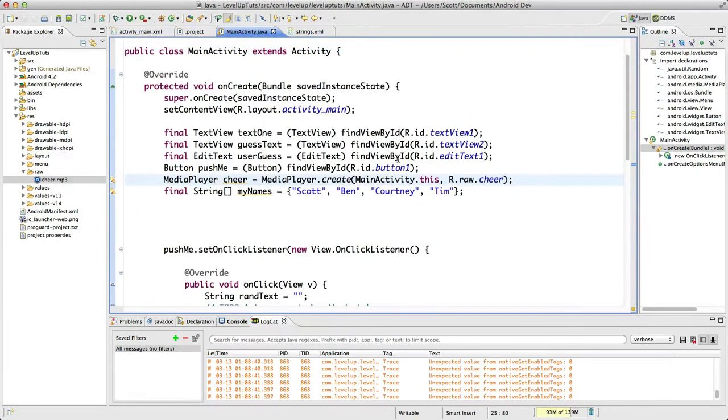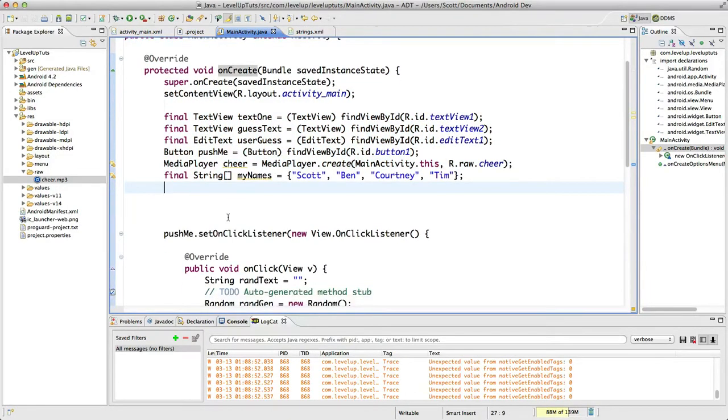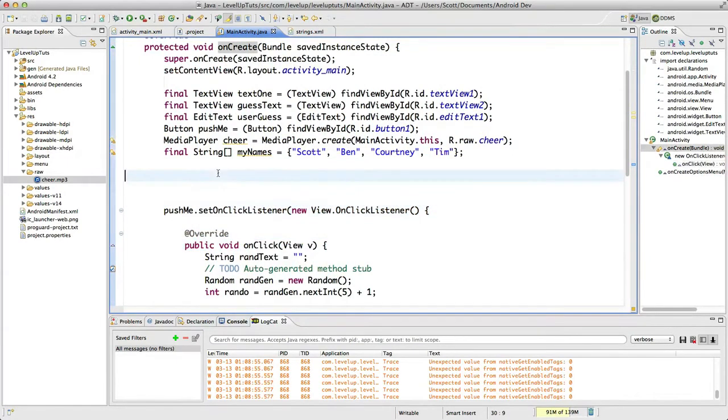If you remember where we are, this is in our onCreate. So when the app is created, it's going to go do all of this stuff. It's going to set the content view, it's going to set all these variables, and then we have our onClick listener. If you want something to play when the app loads, you're going to want it to play in the onCreate. And of course we need to do that after we declare what cheer actually is. So to get cheer to start here, all we have to do is say cheer.start, and then as you can see, it auto-fills us in, finish it off with a semicolon,